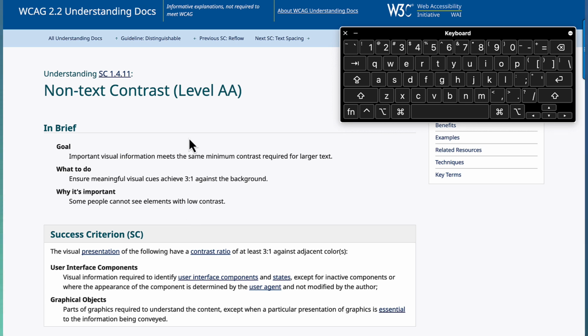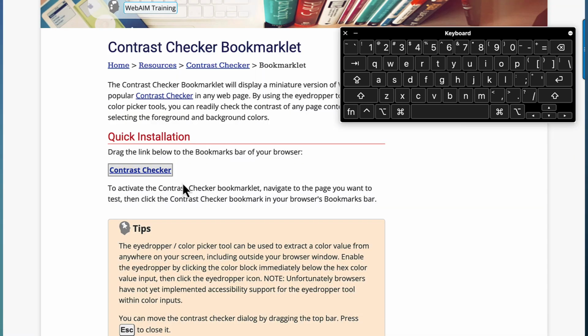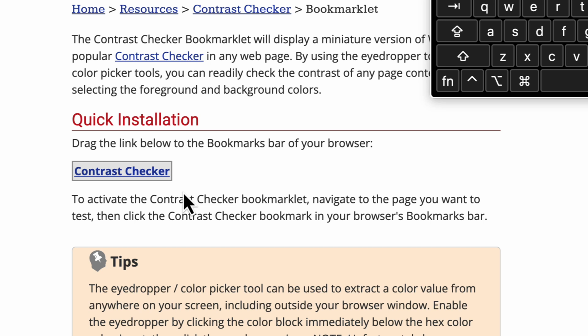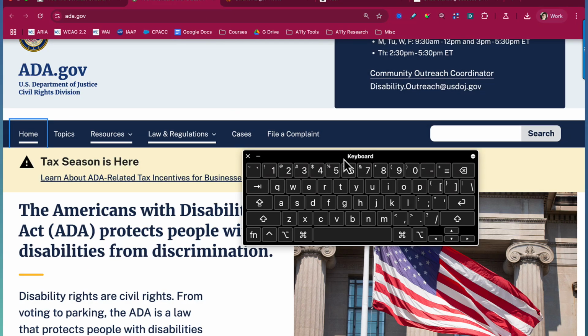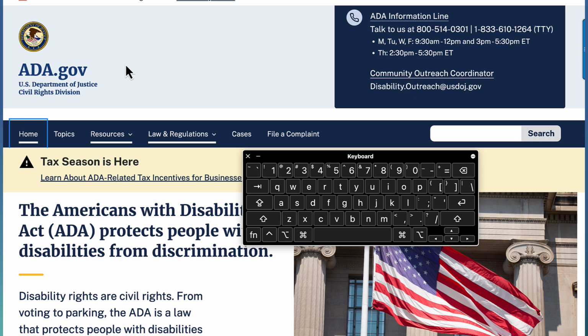Now let's get our tools ready. What we want to have is, of course, a tool to help us calculate the color contrast ratio. So I'm going to go to the WebAIM website and download their bookmarklet. Okay, this is the bookmarklet I'm going to use. Basically, you just drag it to your bookmarks bar and then you click on it, and it just shows up. So make sure to install that, or you can just use any browser plugin you like, and I'll be testing in Chrome.